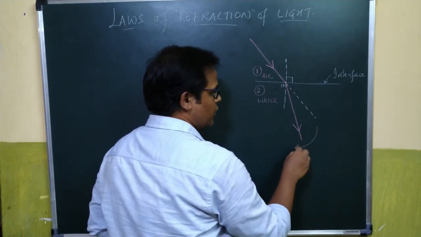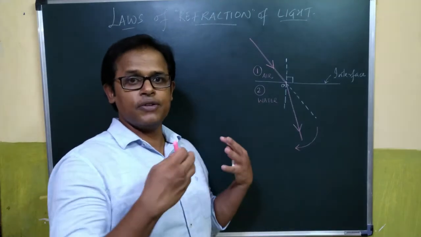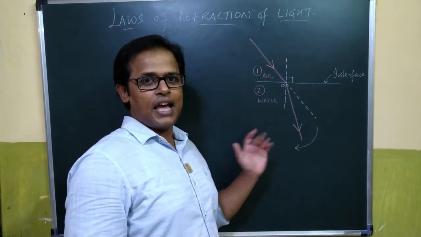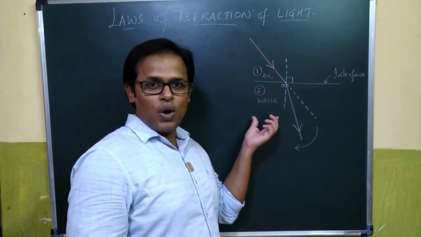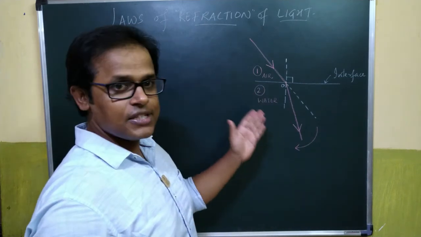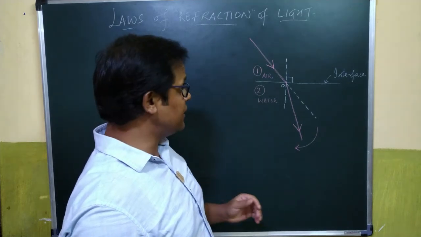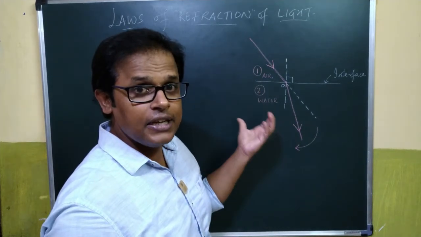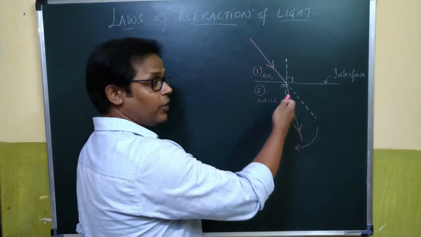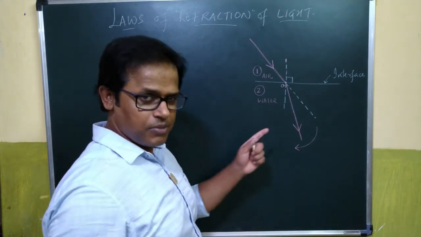This is how it looks. So the students who know this concept or who have seen my previous class on this topic definitely know why it's happening. We say water is optically denser than the air medium, so when a ray of light passes from a rarer to an optically denser medium, the speed of light in the denser medium decreases. So the decrease in speed along with a change in the direction of propagation is shown in the ray diagram